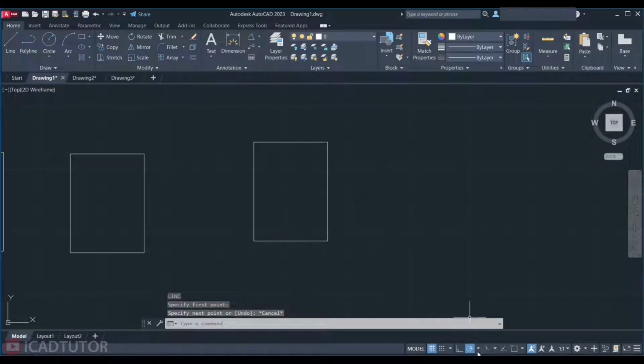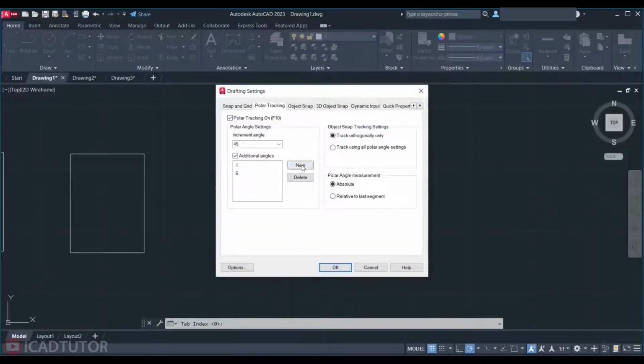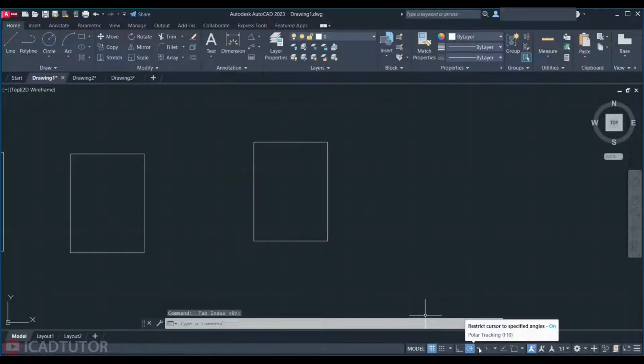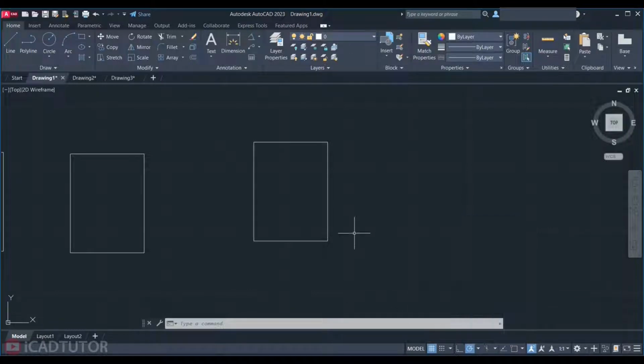You can create a set of angles as you wish. Click on the arrow next to the polar tracking. Then click on the tracking settings. Now click on the new. You can set the increment angle you want. For example, 15. Okay. And here in the drop-down list, you can see the new set. 15, 30, and so on. Well,